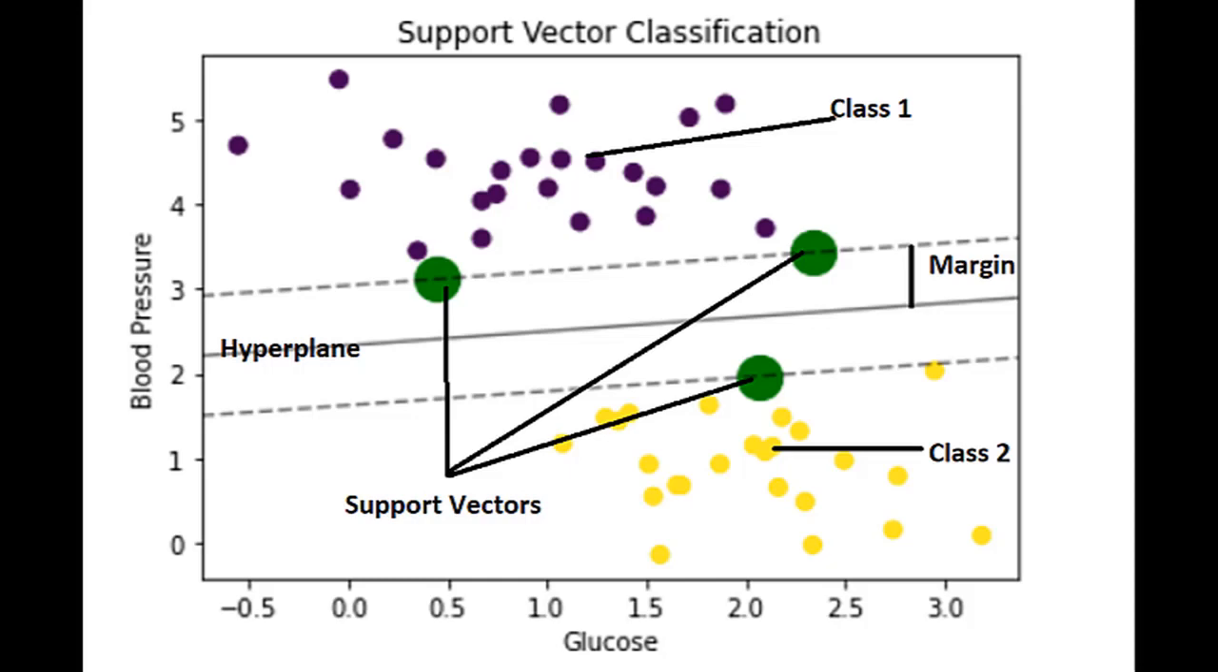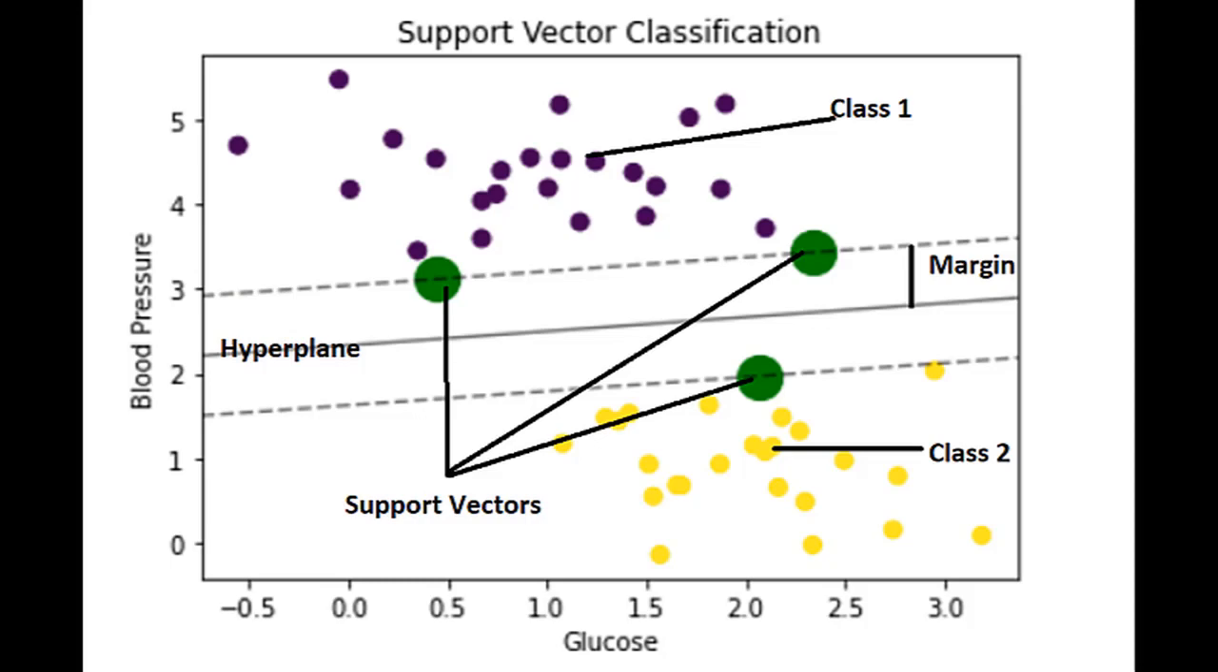The second concept used here is hyperplane. The hyperplane in support vector machine is also called decision boundary. A hyperplane in an n-dimensional space is an n-1 dimensional subset of that space. This n-1 dimensional hyperplane divides the space into two parts. For example, in a two-dimensional space, the hyperplane is a line, and in a three-dimensional space, the hyperplane is a